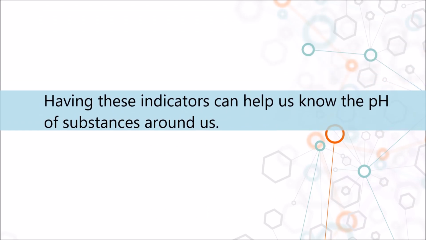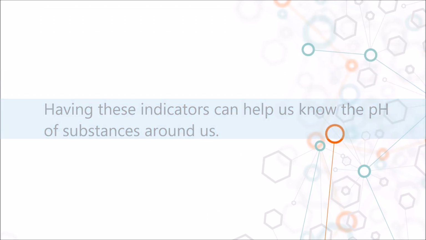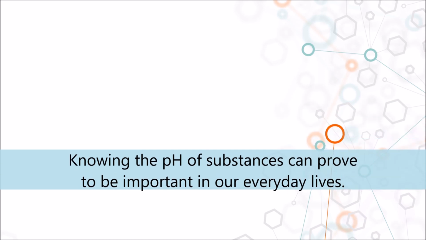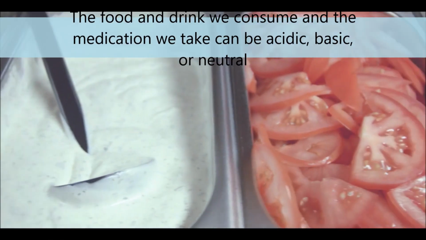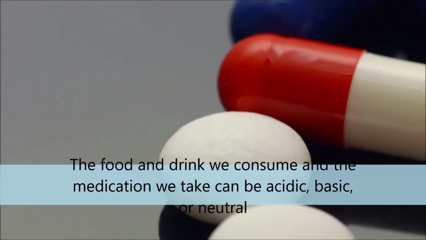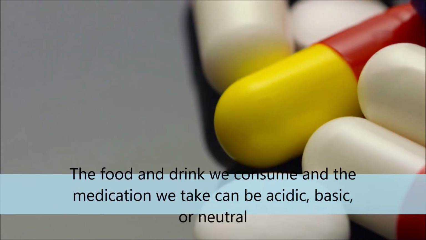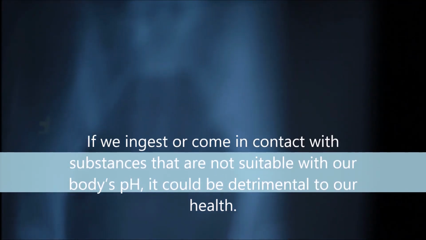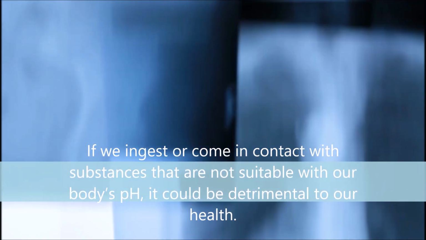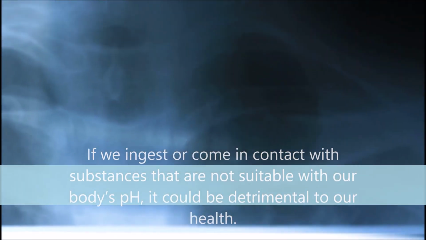Having these indicators can help us know the pH of substances around us. Knowing the pH of substances can prove to be important in our everyday lives. The food and drink we consume and the medication we take can be acidic, basic, or neutral. If we ingest or come in contact with substances that are not suitable with our body's pH, it could be